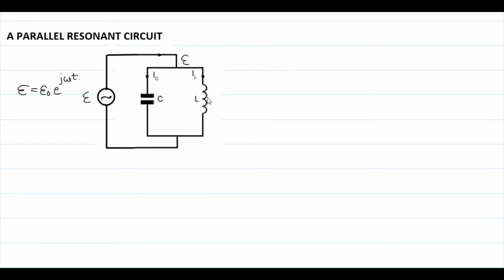As shown in the figure, you can observe that a capacitor and inductor are connected in parallel. Here we are not going to use a resistance, because in this case we consider R to be very small, nearly equal to 0. That's why we are going to neglect that resistance here. In this circuit, the capacitor and inductor are both in parallel, and for these two, the EMF is applied in parallel.